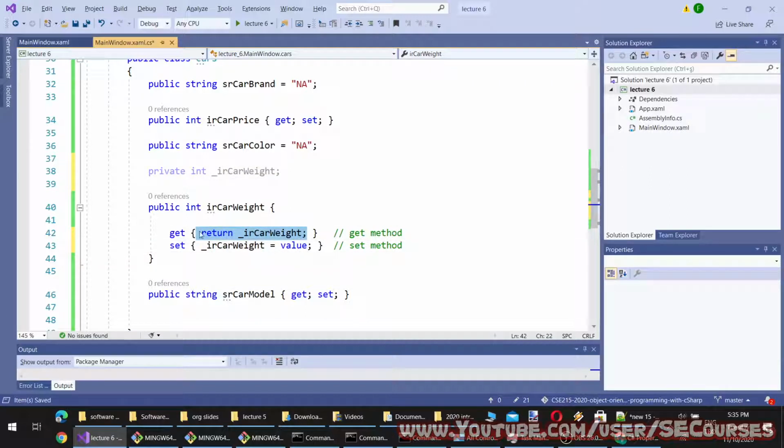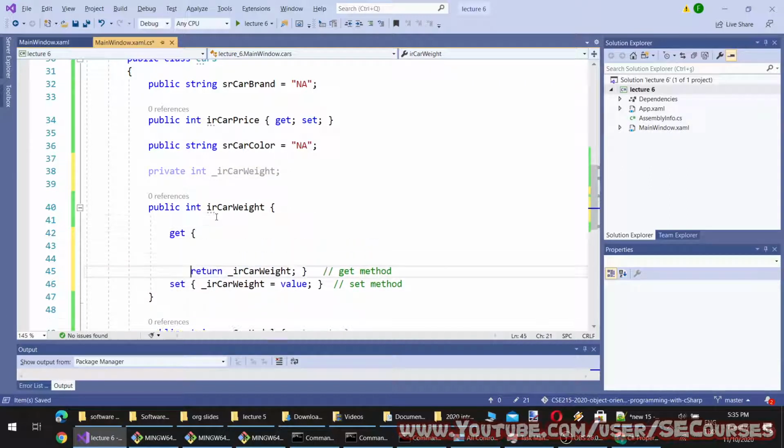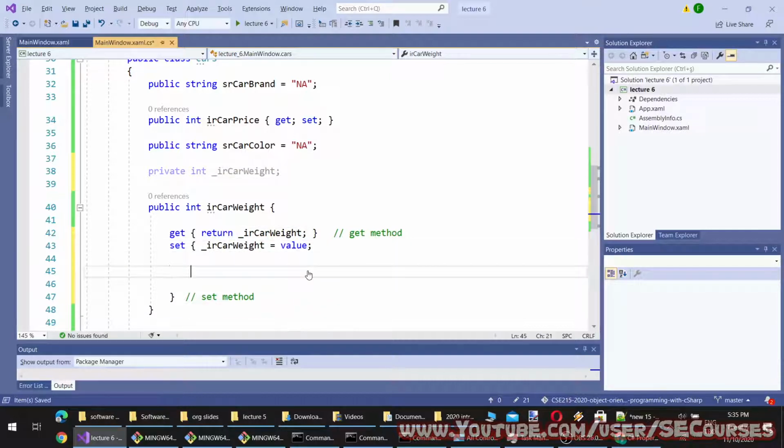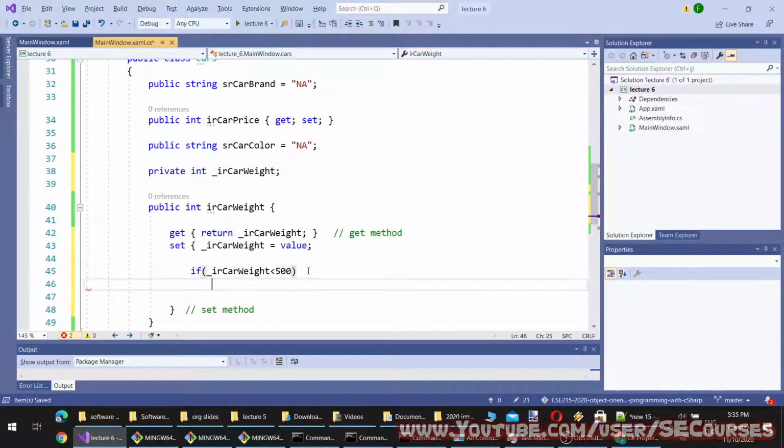This way it will return the default, and what I'm going to set is, if car weight is below, let's say, 500, I will set it as 500. So I am modifying the set method.